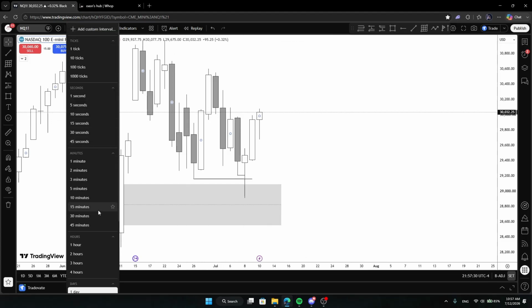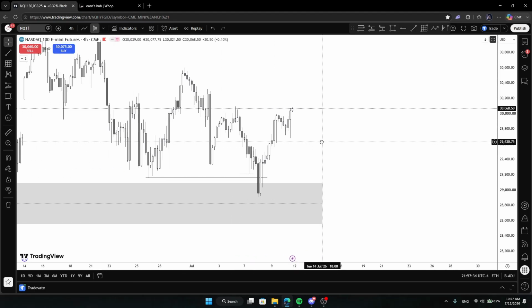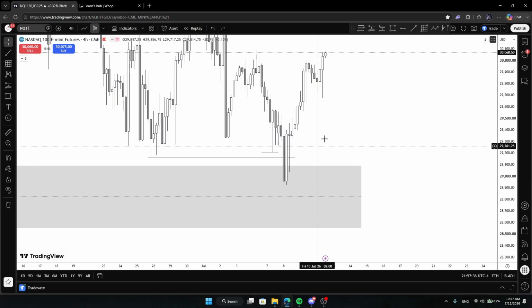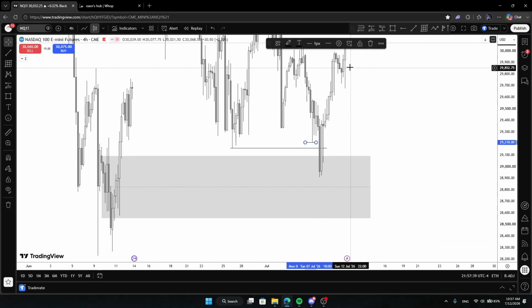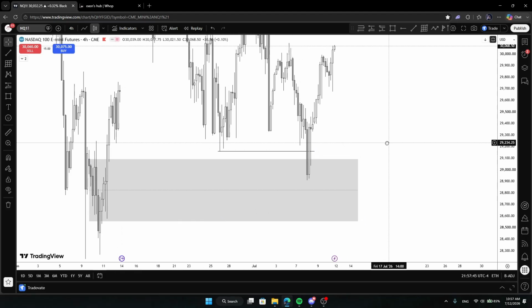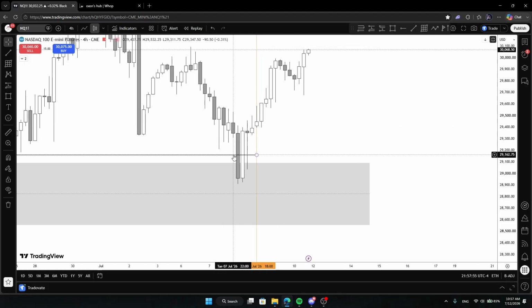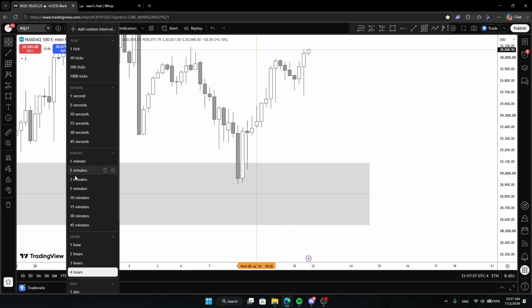So once you go down from daily, you want to go down to 4 hours, and if you look into the 4 hour, what do we have? Right here we swept the low, we tapped into the daily order block, and we had a rejection, right? So when we come to Thursday, right here, let's go down to 1 hour, because